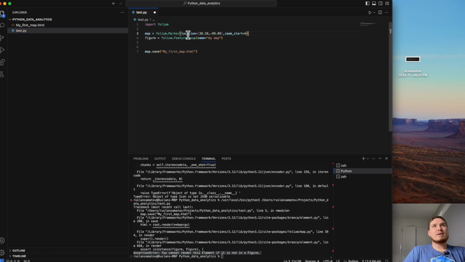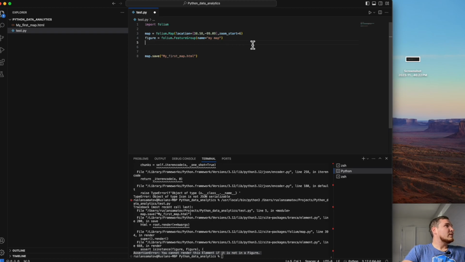We keep map as a Folium map here. We don't want to keep it as a marker. Let's move it back as a map, so we go back to the previous step. Since we cannot store everything under one variable, we have our object and we need to populate it with figures. We create this figure as a feature group and name it my map. Now we can create those figures.